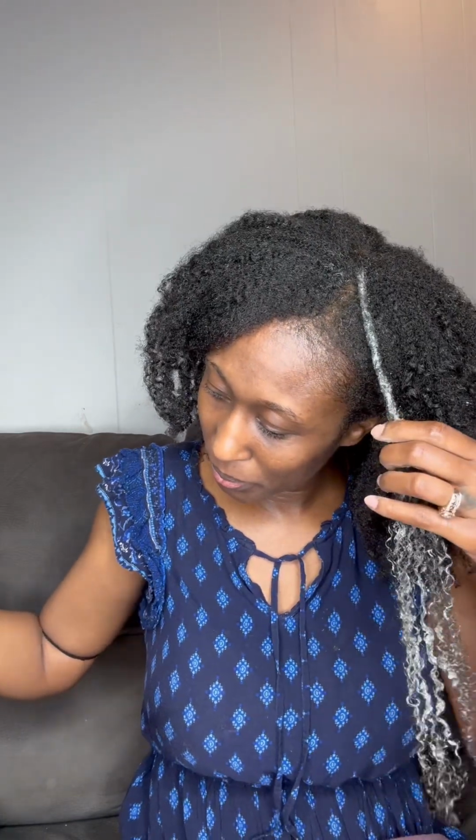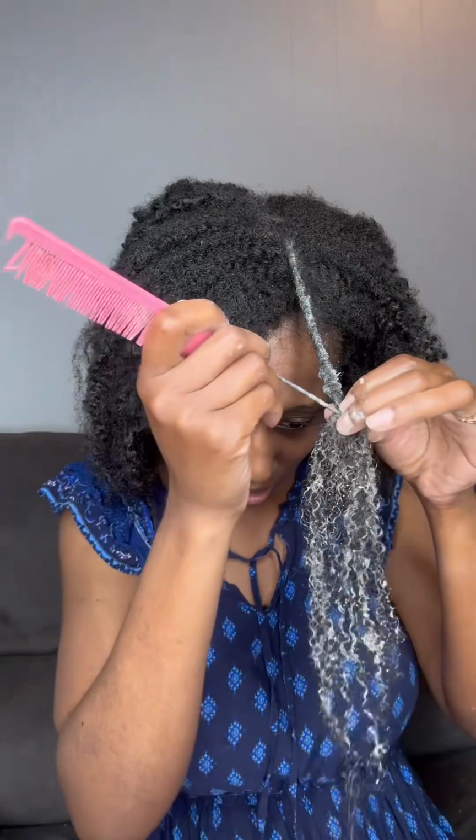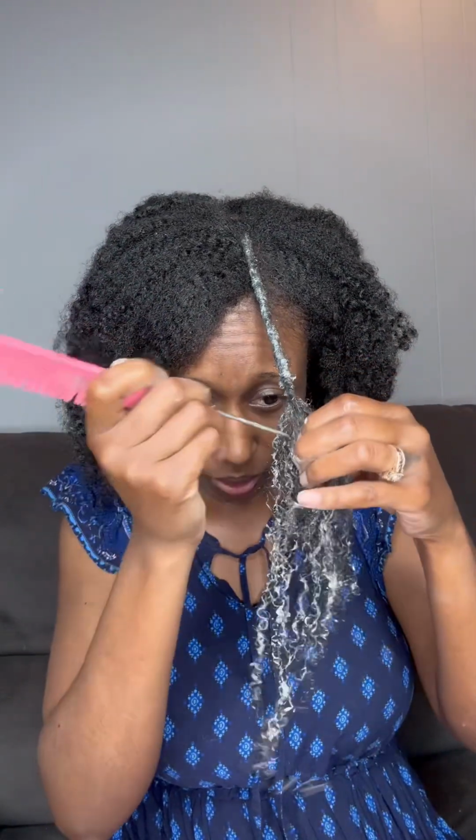Oh yeah, I'm combing out my locks. Anyways, I'm gonna fast forward through this. It's like the hair just wants to unravel. Like, it wants to get unlocked. I'm gonna fast forward through this. I'm gonna be up all night pretty much,